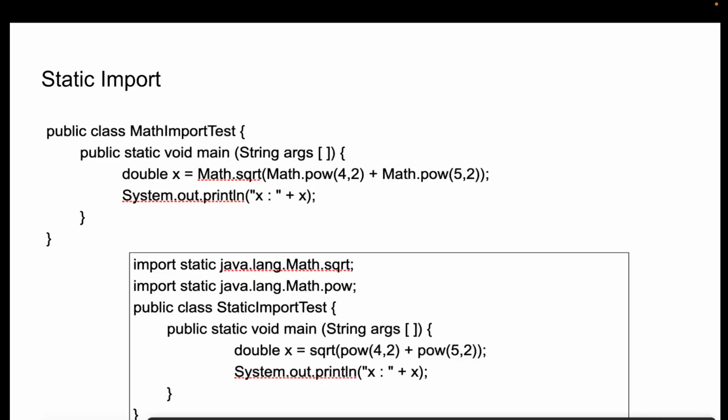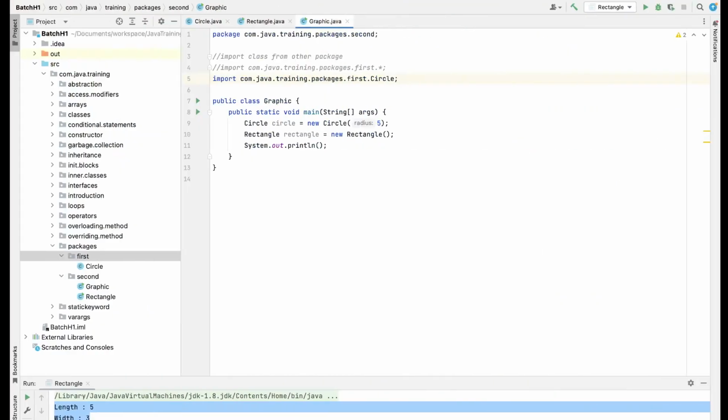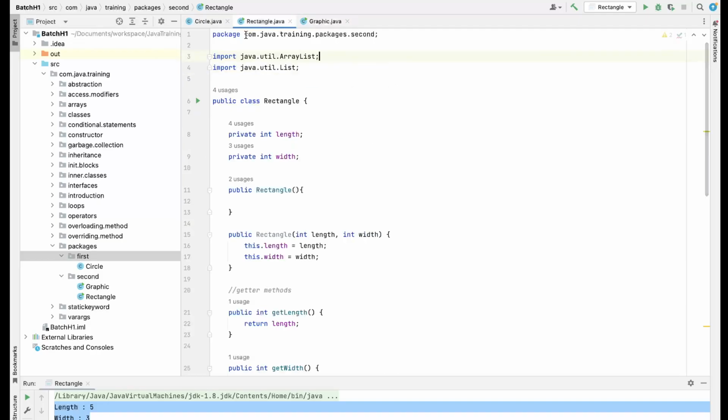Peter, can you go for the demo part? Sorry, can I go? Yeah, the demonstration part. IntelliJ. You want me to go to IntelliJ, right? Okay. Yeah, from rectangle. Okay. From the first, the second package, rectangle. Rectangle, yes. Yeah. From here, when you create the object,